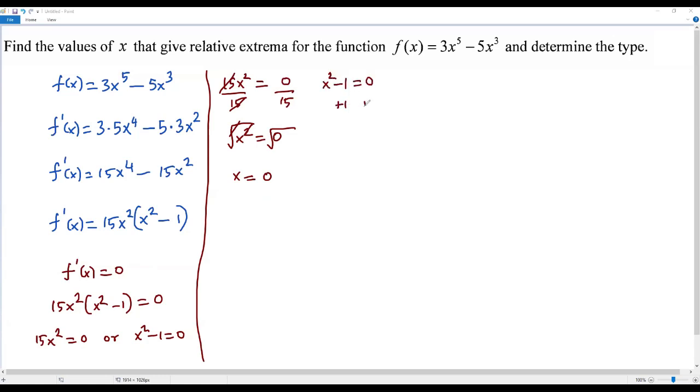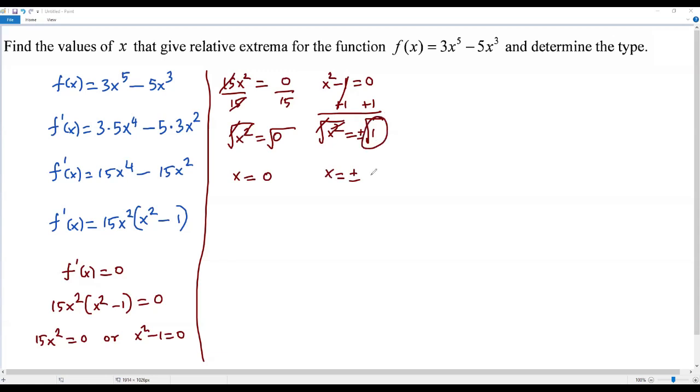Let me add 1 to both sides, and the -1 and +1 cancel. I'm getting x^2 = 1. Now to get rid of the square, I take the square root on both sides. The same thing: for one of the square roots, I consider a positive or negative sign, for the one which contains a number inside, that is 1. So we can consider a positive or negative sign for this square root. Here the square root and square cancel out, and I'm getting x equals positive or negative